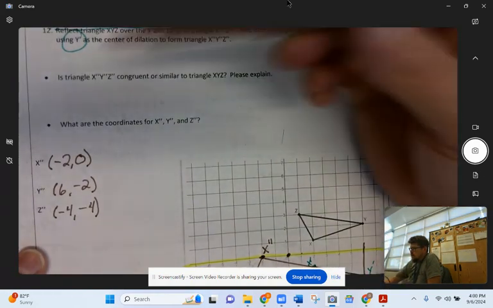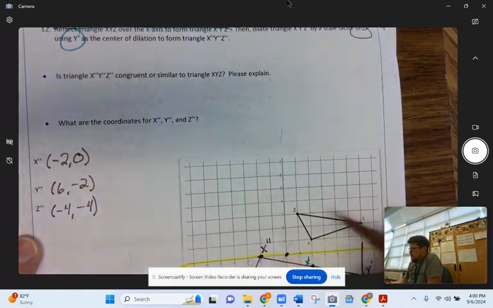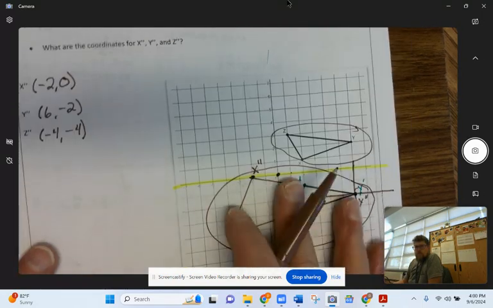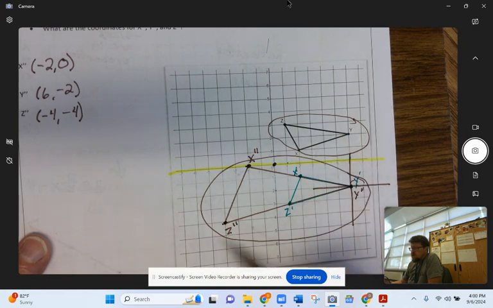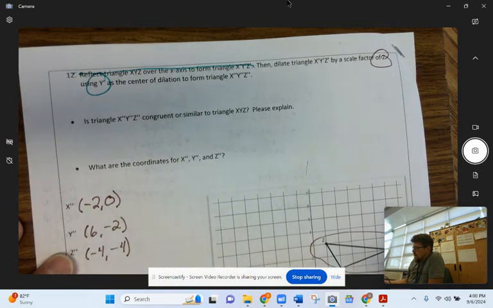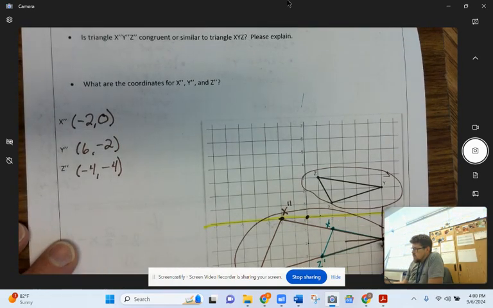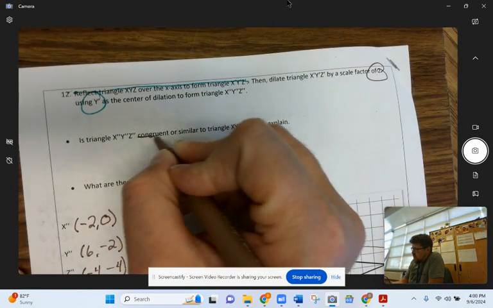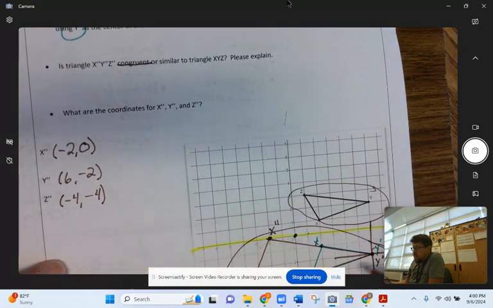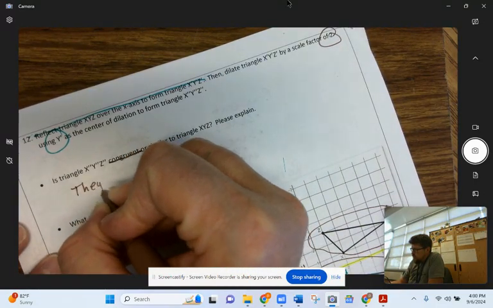So is triangle x double prime, y double prime, z double prime congruent to triangle x, y, z? So we're comparing the original one here to the big one here. Now, hopefully we've talked about this enough that we remember that to be congruent, you need to be the same shape and same size, right? But since we're not the same size, we're definitely not congruent, right? Similar, again, sides are in proportion. We use that scale factor to make sure the sides are in proportion to each other, okay? And so please explain. So we'd say they are similar